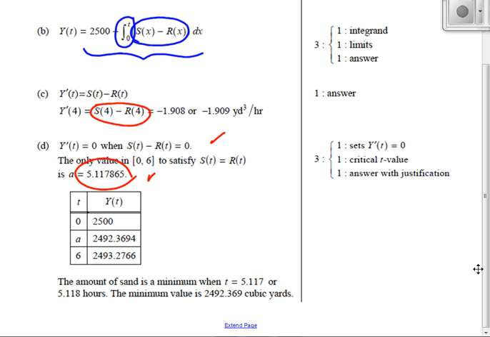Can I see your calculator? Oh, let me pause it. Stop this. Now you could do